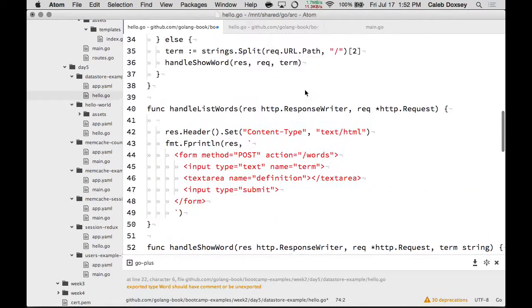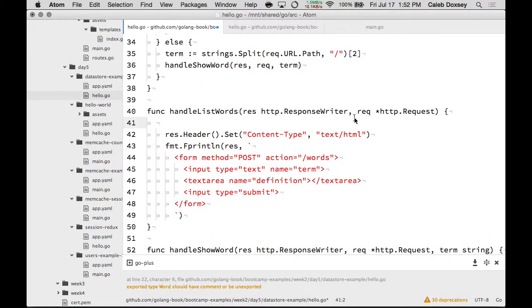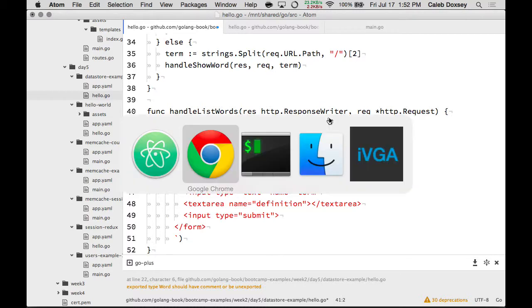And so that's show, and there's lists. So the basic idea is I'm going to list them all, but then at the end I'll have a form where you can add a new one. So we need to list them. To do that, we do use a query. So let's go look at the